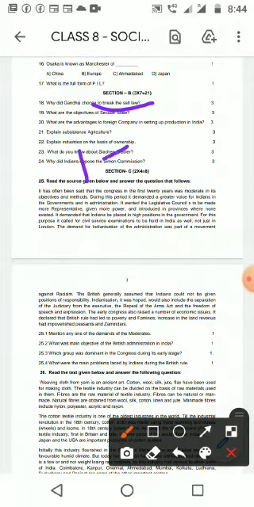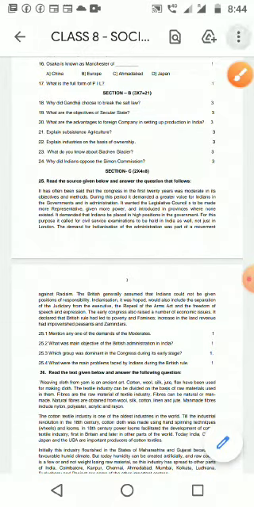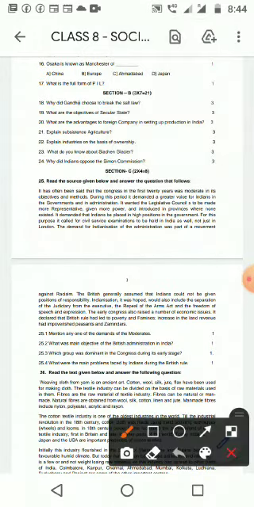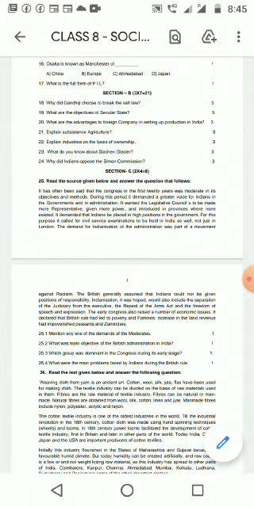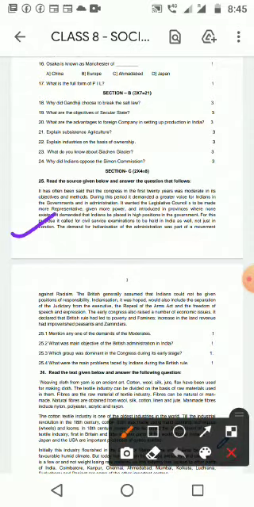First point, question number 18. Then you can write the question as the heading. For example, question number 18, why did Gandhiji choose to break the salt law? Then you can write the heading, breaking of the salt law. Then first point, second point, third point, fourth point, fifth point, like that you can write it. After the answer you can draw a line also.